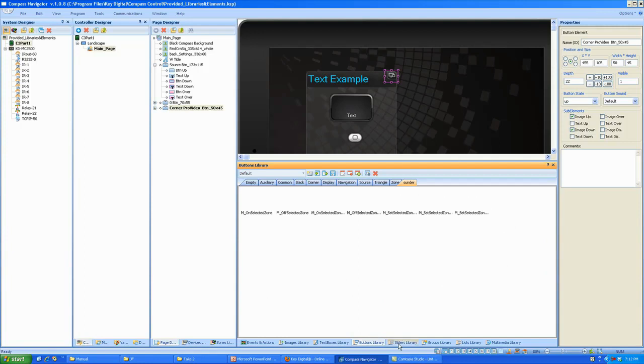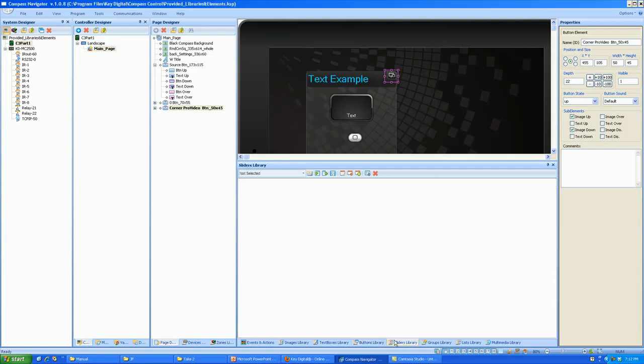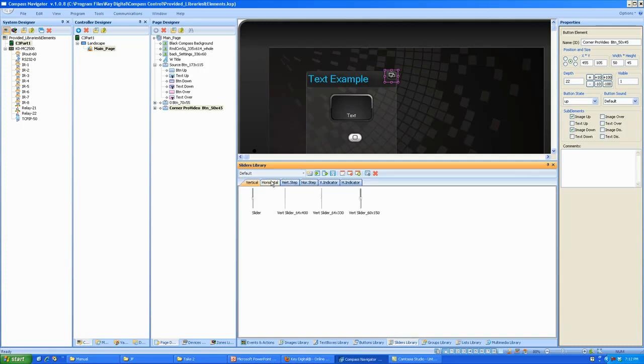Okay, let's go ahead and enter our slider library. Sliders are typically used to control, say, volume or lighting. And we have vertical, horizontal. Actually, a lot of these are empty as that continues to grow. And the reason they are empty for the most part right now is because a lot of the